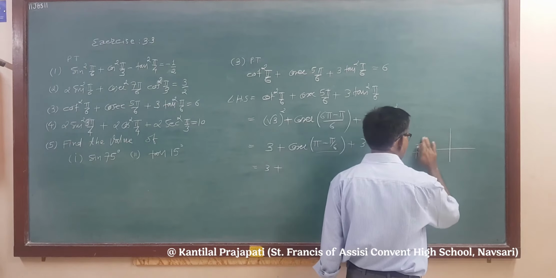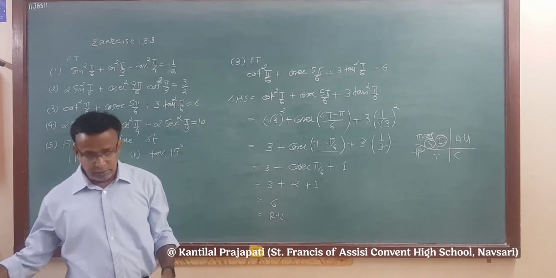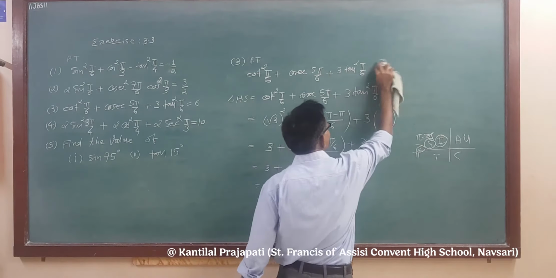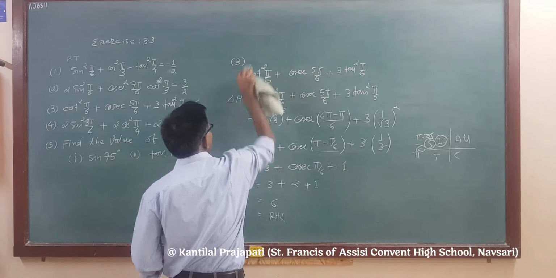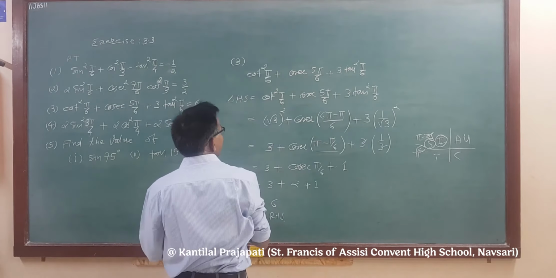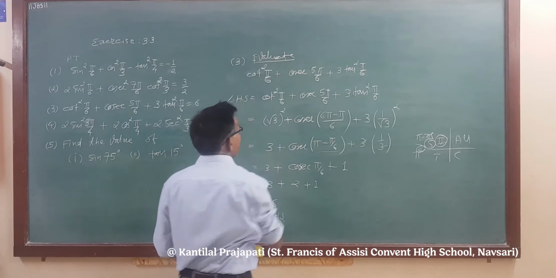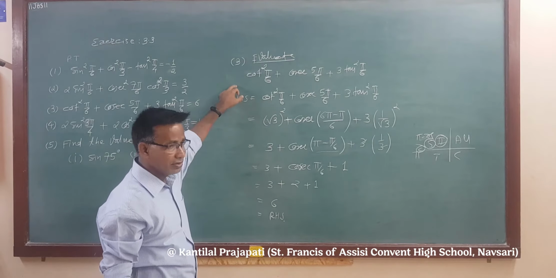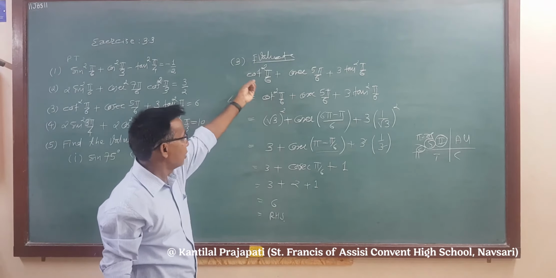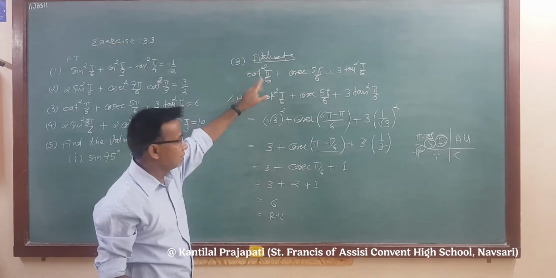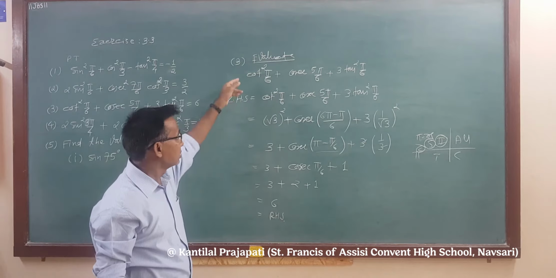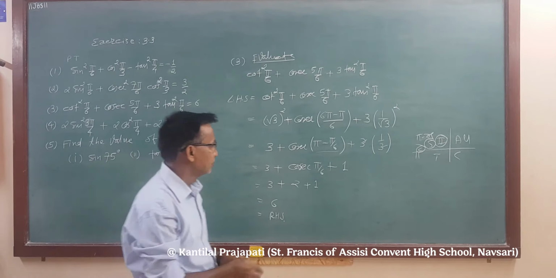Right? So remember here, we have to prove a result, that is, RHS is given. Sometimes RHS is not given. Suppose 6 is not given, then this question will be written as evaluate, or find the value of this expression, so it will be 6. In this way also this question will be asked.